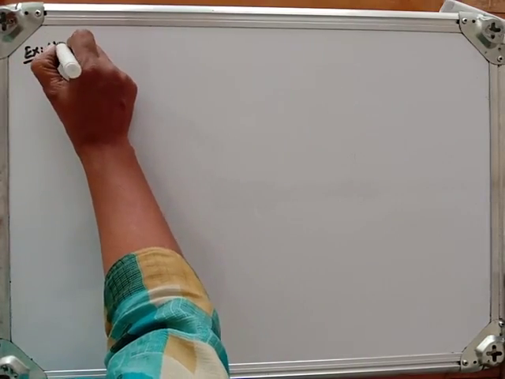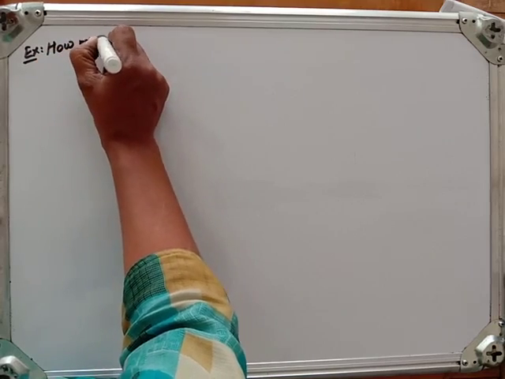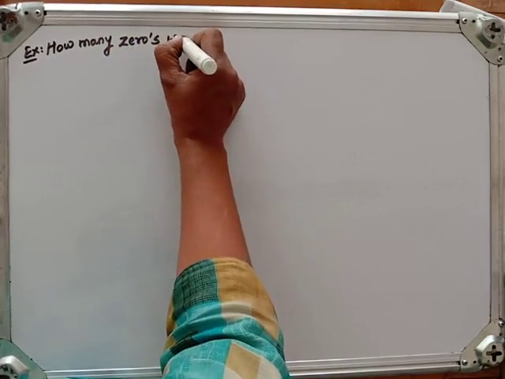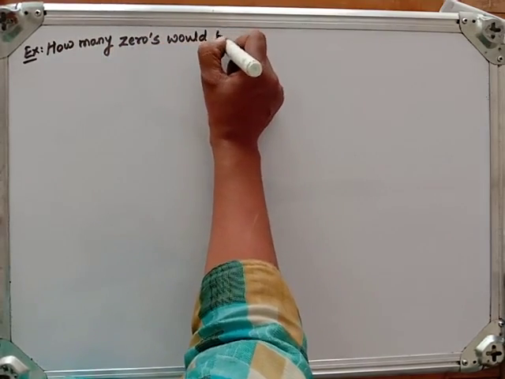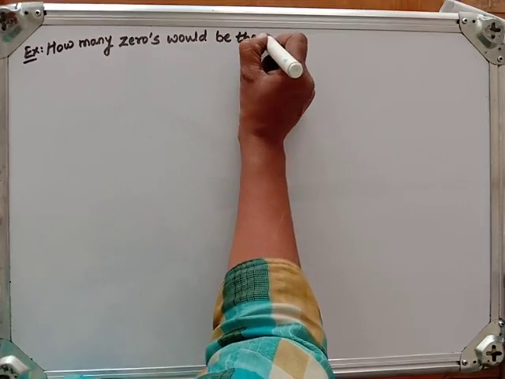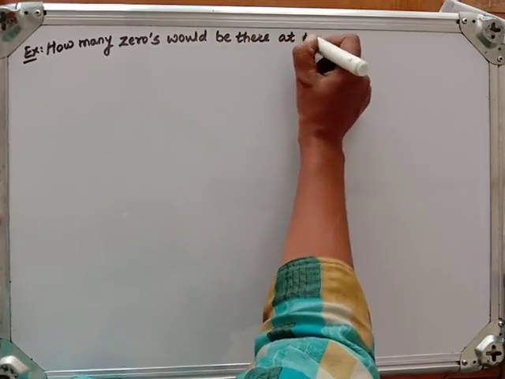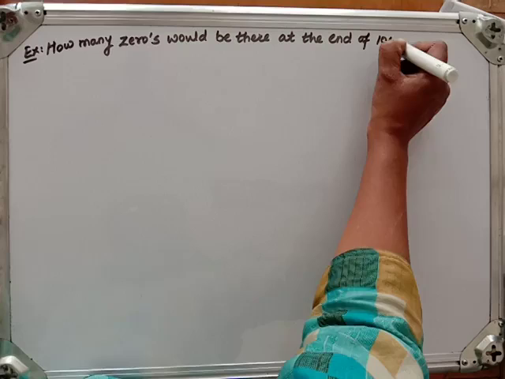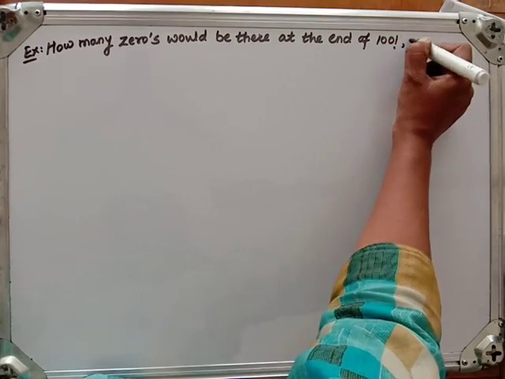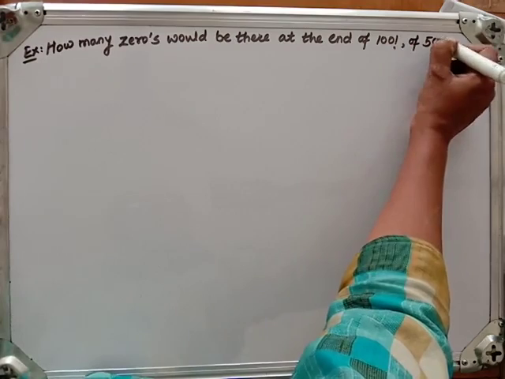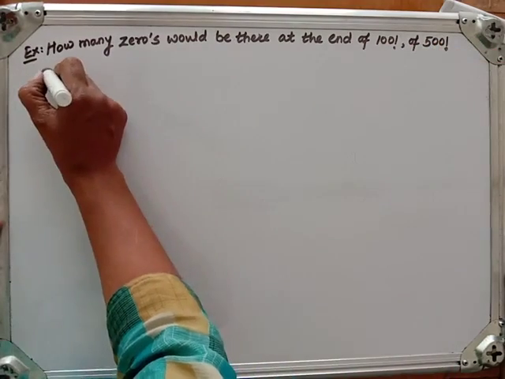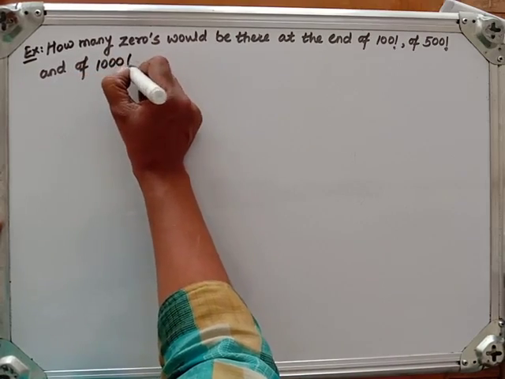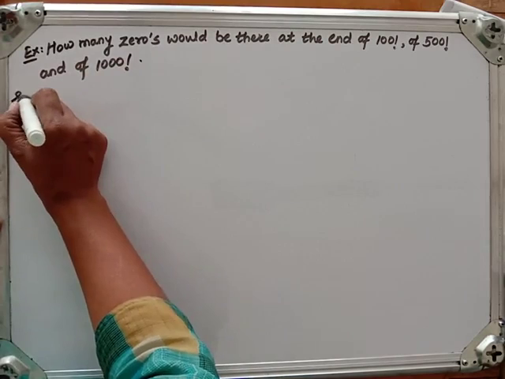Example: how many zeros would be there at the end of 100 factorial, of 500 factorial and of 1000 factorial. Solution: